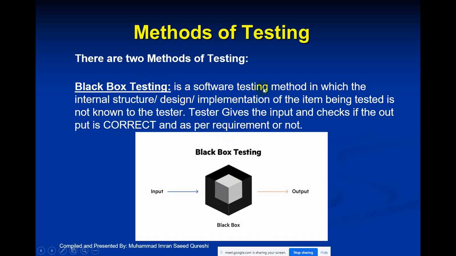It is a software testing method in which the internal structure, design, implementation of the item being tested is not known to the tester. I do not know what algorithm they have used, what kind of variables they have used, how they are passing the parameters. So tester gives the input and checks if the out